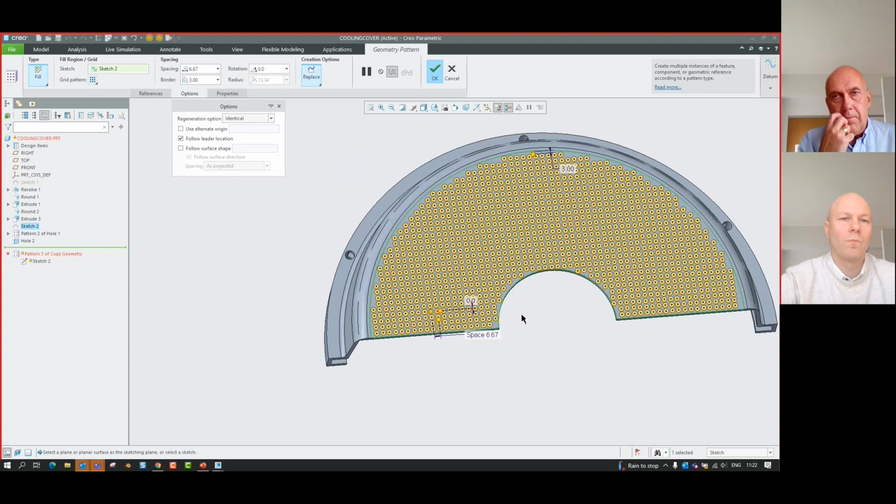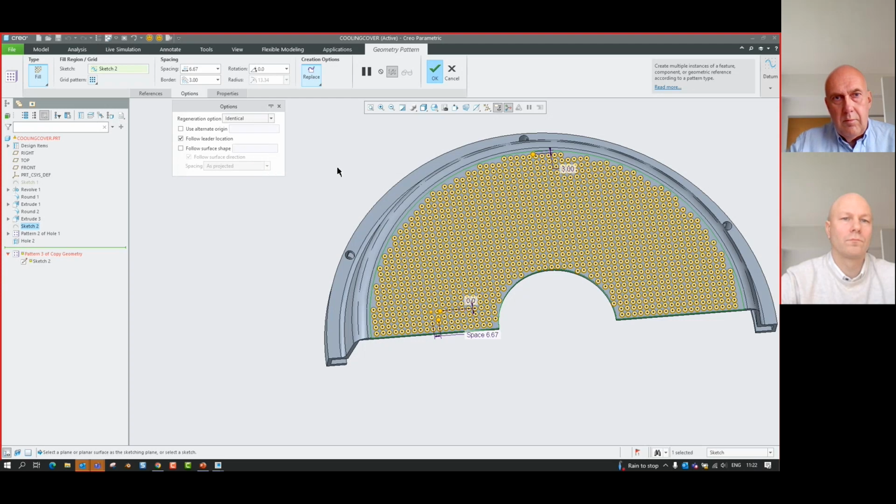It also makes the assumption that this geometry of these instances cannot overlap one another, and these instances must be spread out across an identical surface. So it makes several assumptions with this identical regeneration option, hence why we will see much faster regeneration times.